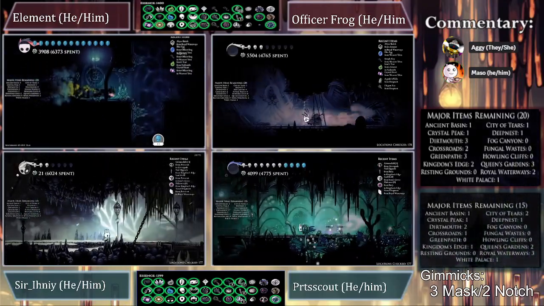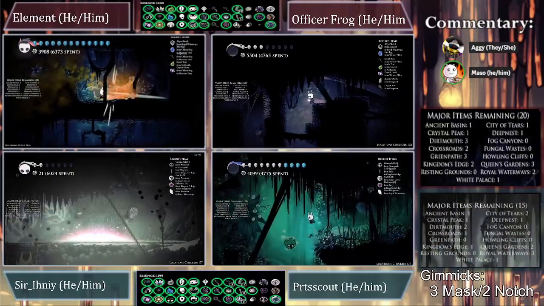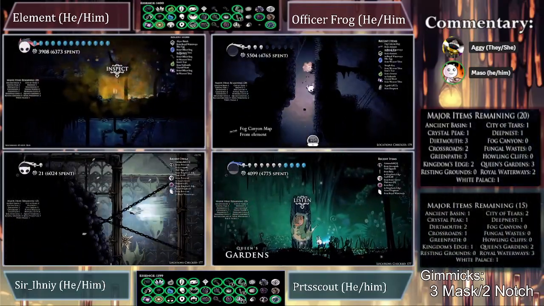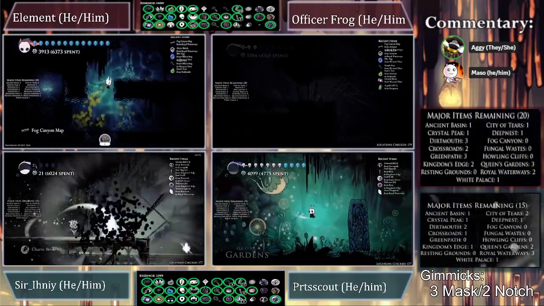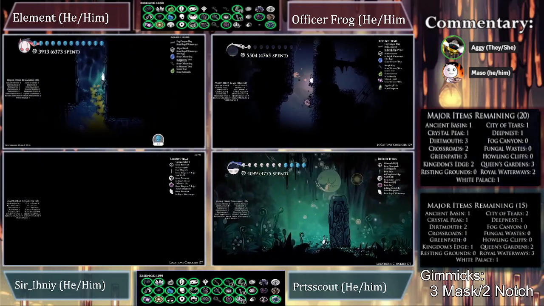Although we know that there's no majors there, and there's no majors at GPZ because both of the Dirtmouth majors left for Blue are at GG. And Blue team and Red team are incredibly close to the amount of eggs they need. Ihniy! Oh, that's...